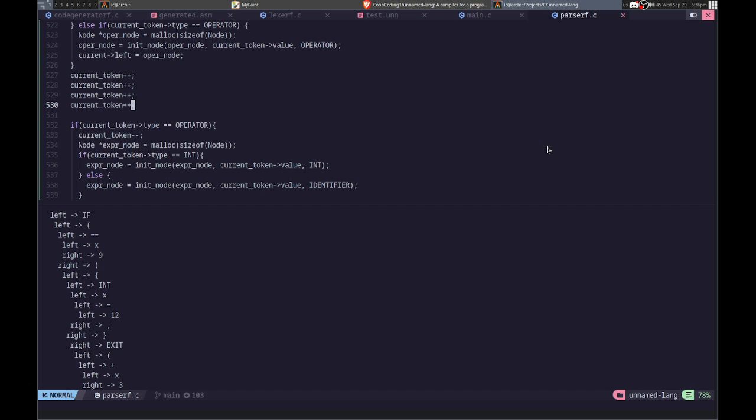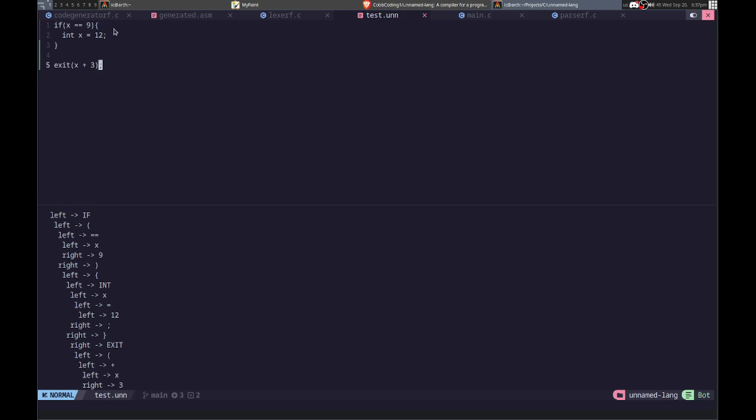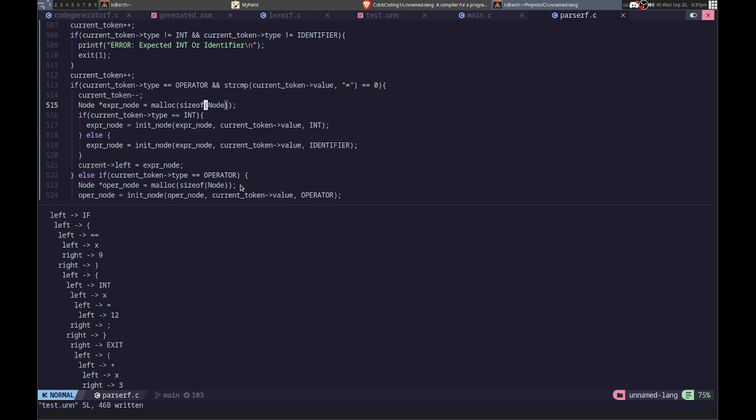So let me see. So now we need to basically just generate it if there are operators. So let us do that. We'll do it on the first one first. So let's set this to be x plus 3. Then we need to parse that. So